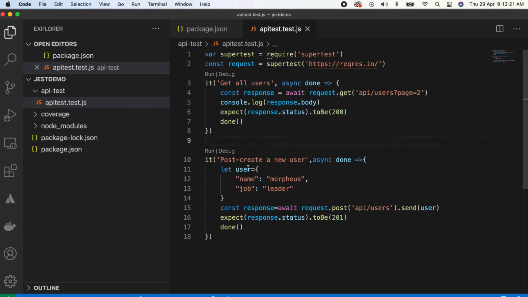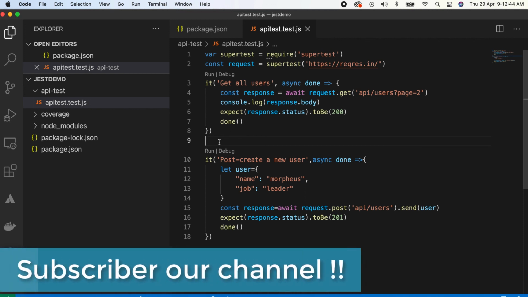Okay, as of now we have seen the get method and post method. So maybe in the next video we can see how to write put and delete, and also how we can pass a header, and how to handle the header content. Maybe we can also see how to pass the first API's response data to the second one, correlations and all, in the coming videos.